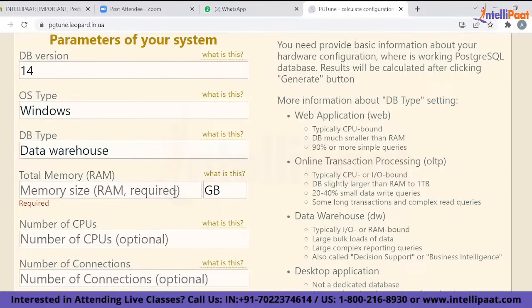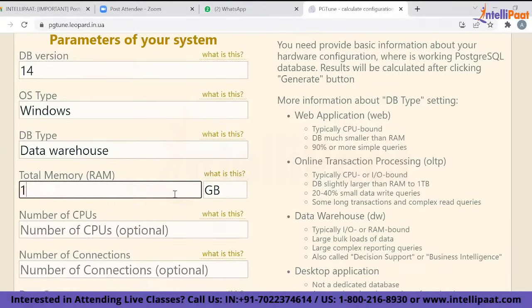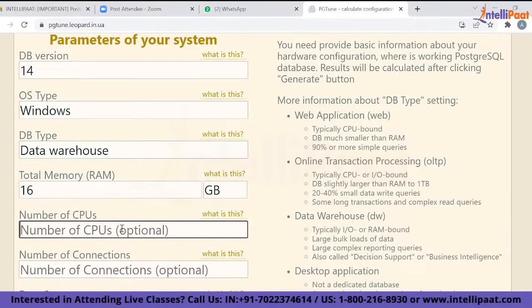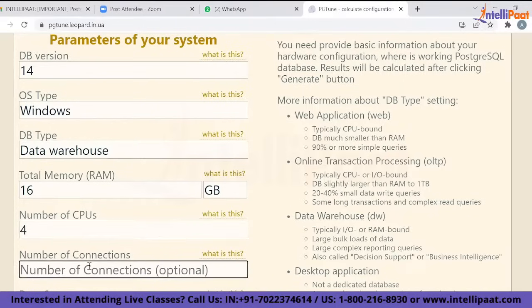Okay. And then how much total memory you have on your server. Let's say I have some 16 GB. And how many CPUs you have? Maybe I have 4 CPUs. Then this is optional. What this basically you need to decide, because it all depends on how many connections your application may